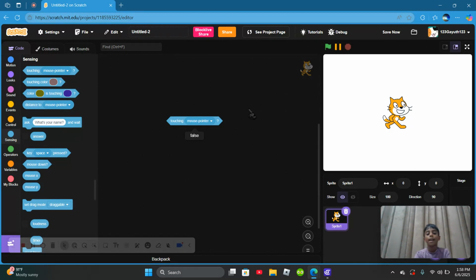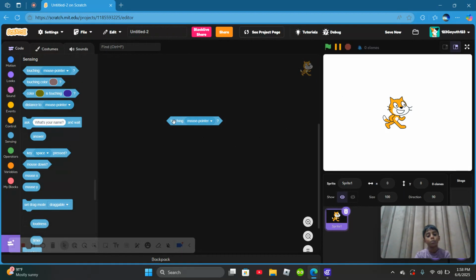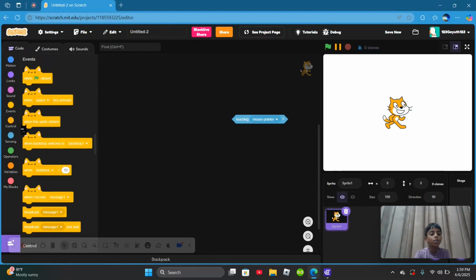This does exactly what it says. Now let's see. If it says false, that means it's not touching the mouse. The sprite 1, which is the cat, is not touching the mouse pointer. Let's see if it's true. It says false. So let's see how we can implement it, before we have time to press it. We can just use these